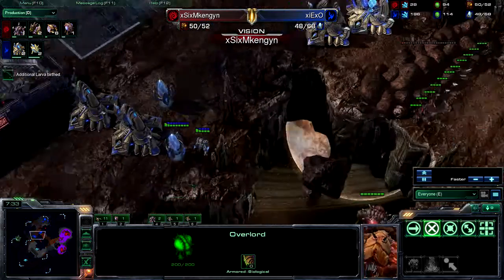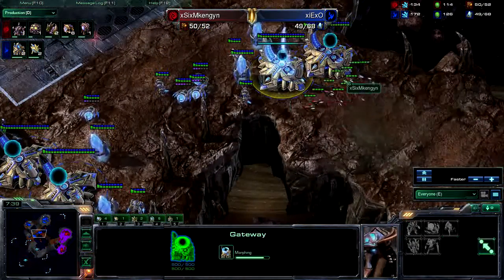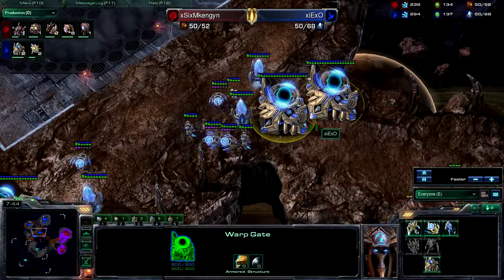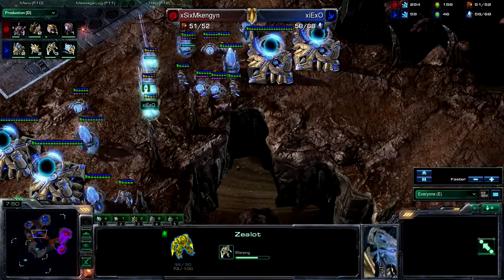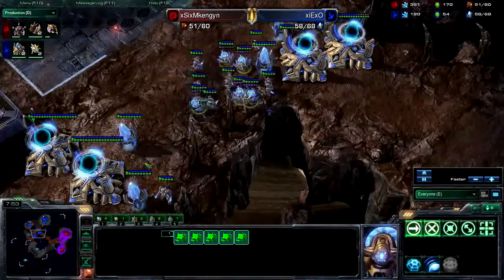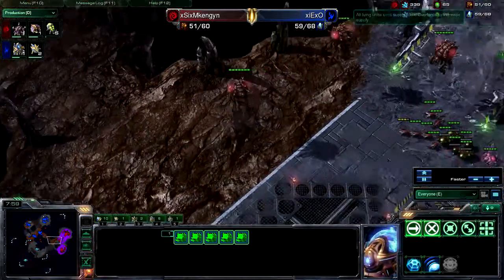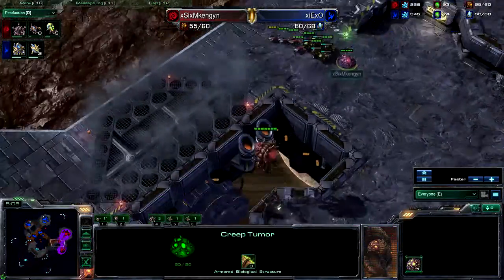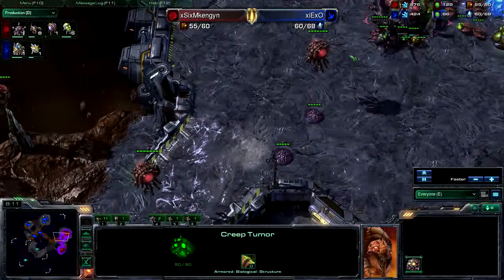Because really one force field right here or right here prevents Banelings from hitting anything but the gateways. And it's going to take a lot of Banelings to break those gateways. And the sentries are getting their ticklers in line. No stalkers at all, curiously enough. Now creep spread is down, connecting these 2 bases. And actually it takes like...